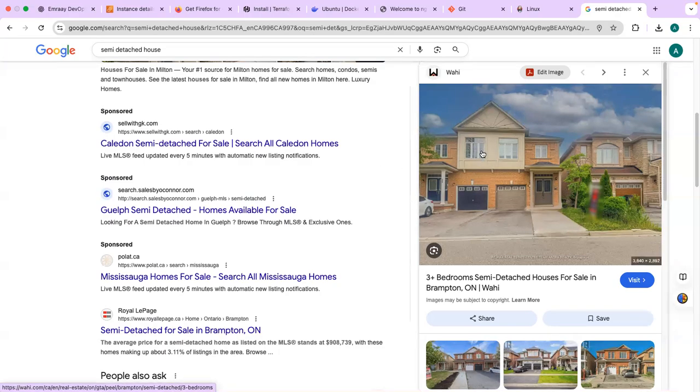Root, thank you. So the root user has access to this entire house, right? But let's say this flat belongs to DevOps and this flat belongs to developers.